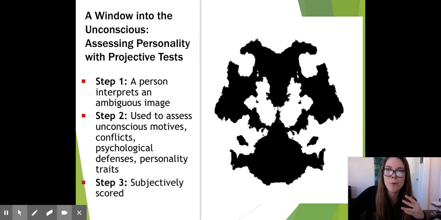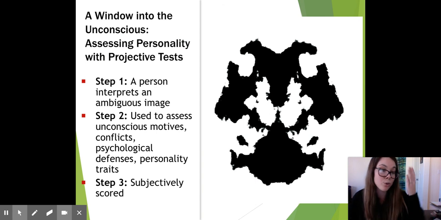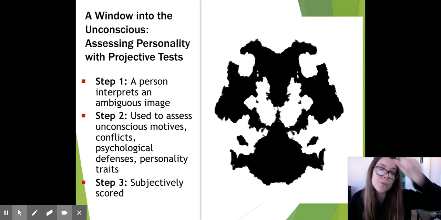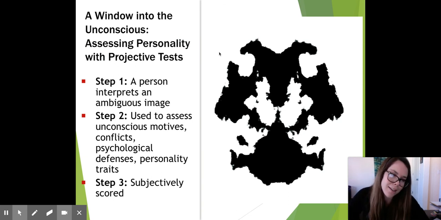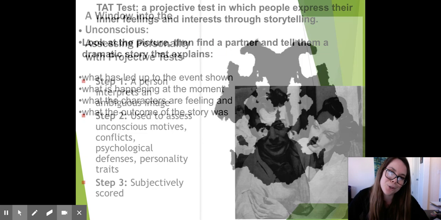So essentially how it works is, step one, a person would interpret an ambiguous image. Step two, use this to assess motives, conflict, psychological defenses, personality traits. So for example, if you see two angry people arguing, the psychologist would go on that, because essentially whatever ambiguous images we see, it usually is portrayed with what we're already trying to look for, right? So it's a way to get into our mind. And then it's scored subjectively, right? So that's one way. That's one personality test. And number two,